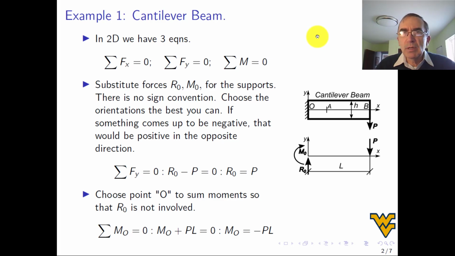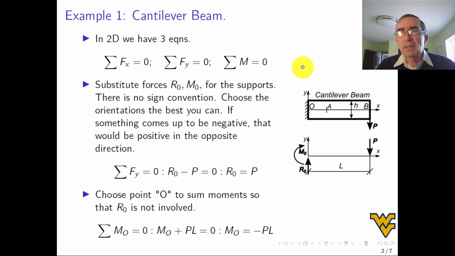All right, so now we start with the 2D problems. In 2D problems, we have only x and y coordinates. Therefore, we have three equations of equilibrium: summation of forces in the x direction equal to 0, forces in y equal to 0, and summation of moments equal to 0. That moment should be labeled Mz, but in 2D it's not necessary to label it because it's the only moment, and I don't want to complicate things yet.